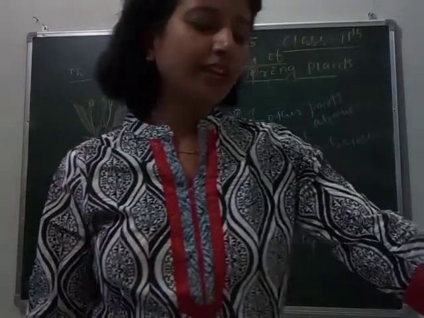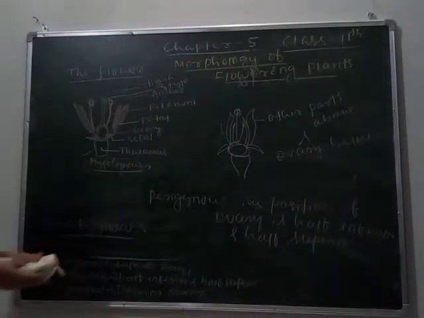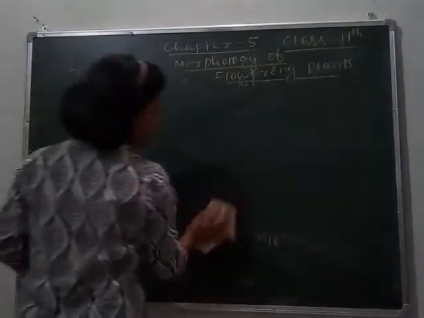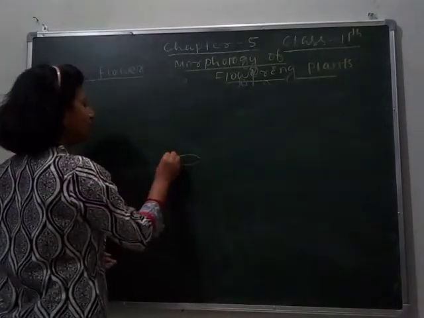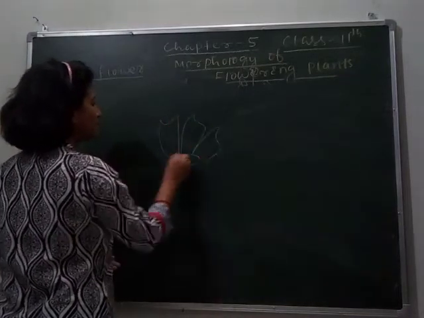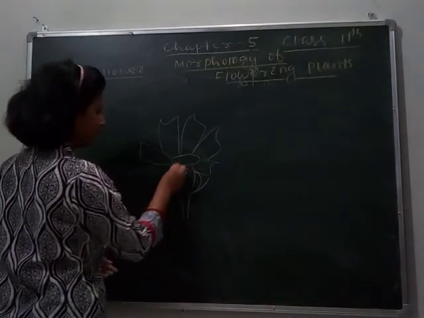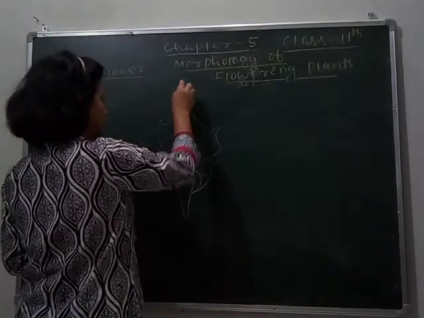Is that clear, students? Now I am going to make a complete bisexual flower to see the different parts of a flower. As our topic is the flower, we have to know which parts represent a flower, or which parts a flower consists of. So look at this flower. You can see this is a flower. This part is stigma here.